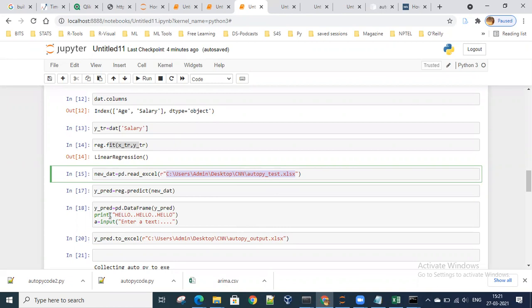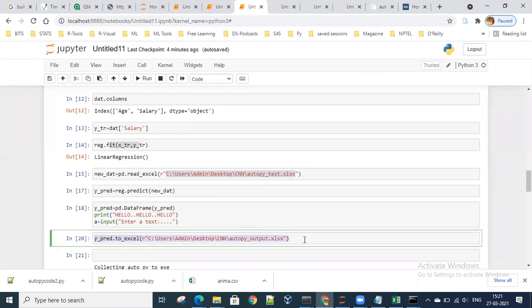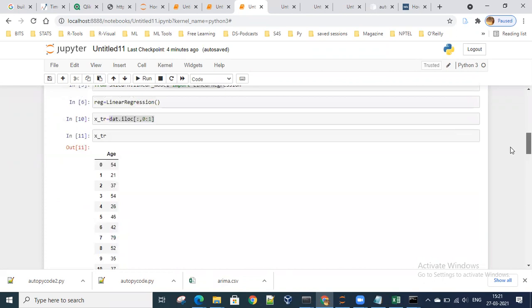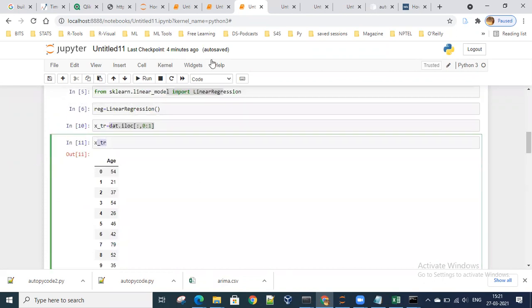That is a thing that normally comes, and you are saving an output to a particular folder. So whenever you make the executable file, don't try things like data.columns and some of the things like X train and all these things. Okay, I got it now. So while giving the executable file, we should not do train test also. You're right, we should not do train test. Train and test is a thing that needs to be done prior to that only, when you are aware about the accuracy.